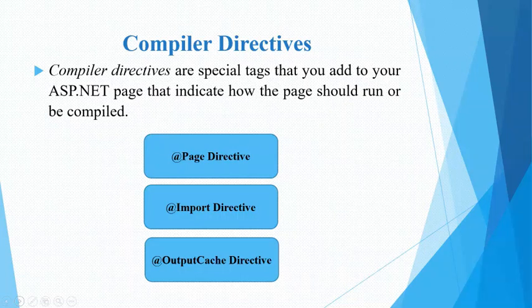compiler directives. Let's see the concept of compiler directives. Compiler directives are special tags that you add to your ASP.NET page. They indicate how the page should be compiled. These are the three types of compiler directives: the @Page directive, the @Import directive, and the @OutputCache directive. The next slide is about